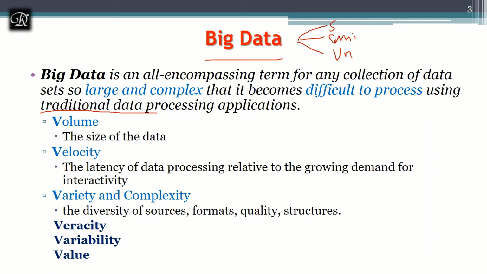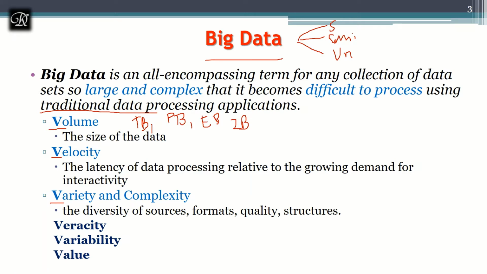Whenever you hear the term big data, it is mainly defined with 3 V's, the first being volume. Of course, the name itself says it is big, which means the volume of the data is very huge. We know up to terabytes, like we use hard disks in terabytes, but the data available now is in petabytes, exabytes, and it is going to be in zettabytes also very soon. In the upcoming next decade, it will be exabytes also.